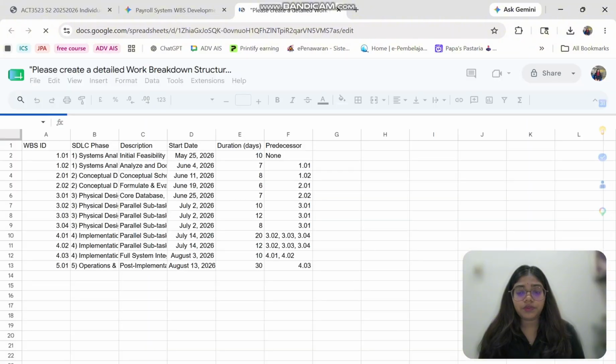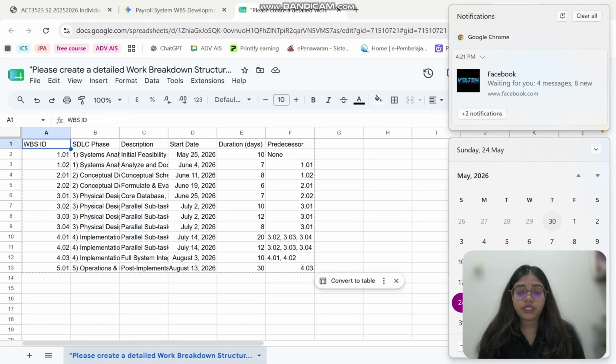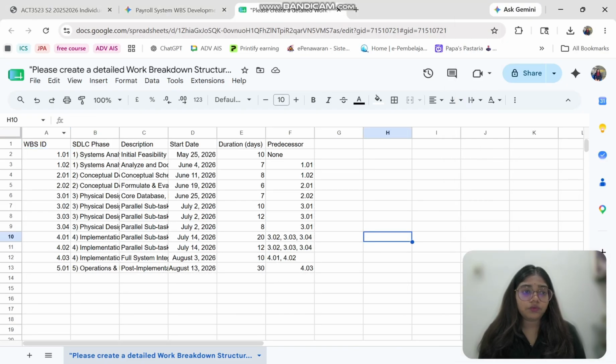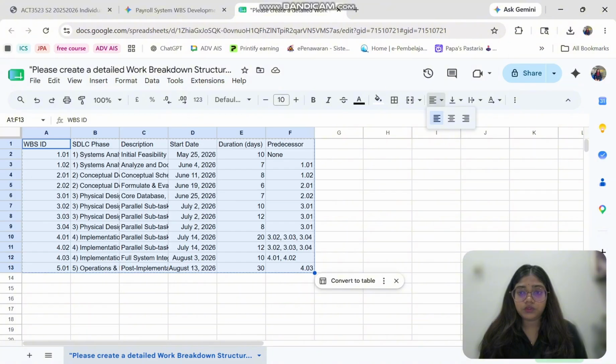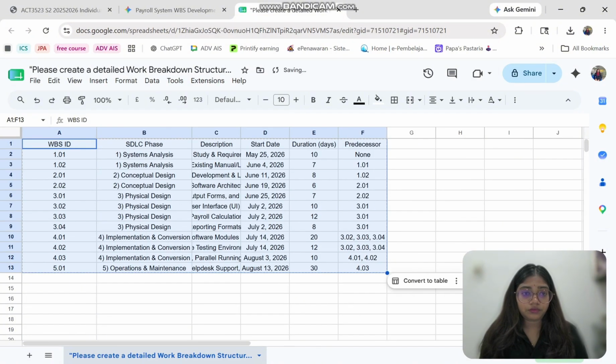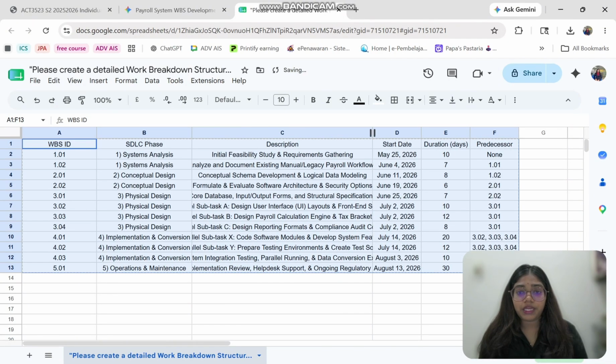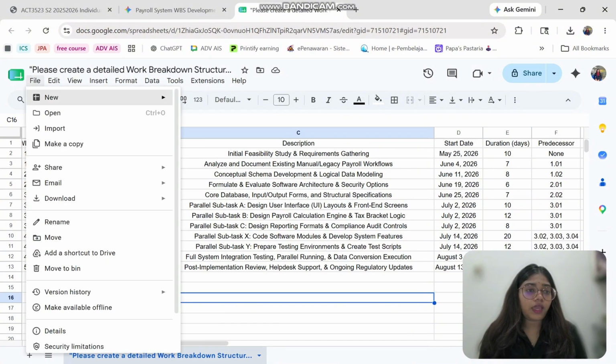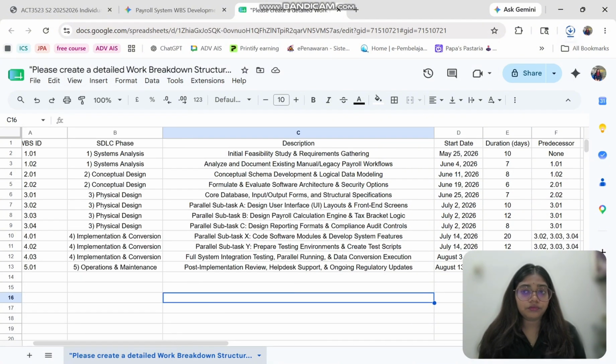Open the sheets and check the dates, whether the dates are logical or not. Yes, it is logical. So now these are the 12 activities that were generated by Gemini. And download it. We move to